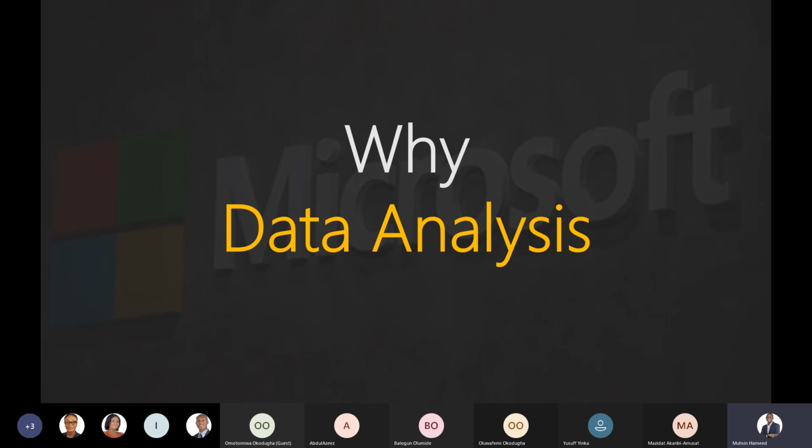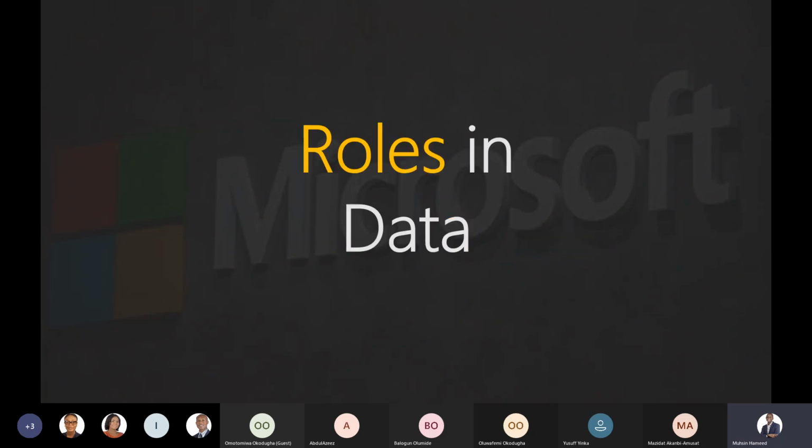But before we go into Power BI itself, we have talked about data analysis. Let's quickly look at roles in data. Data has emerged as an industry. Today, just like in the past, when people graduate from school, many would say they want to work in telecoms, in the banking sector, maybe the education sector and the likes of those. But now data has evolved to be an industry, and data being an industry implies that data itself now has a number of roles within it.